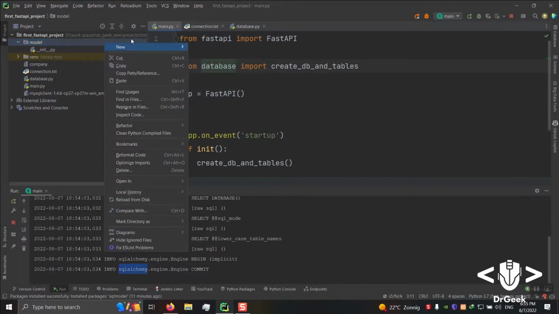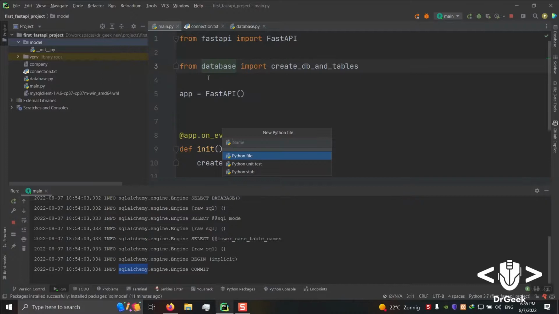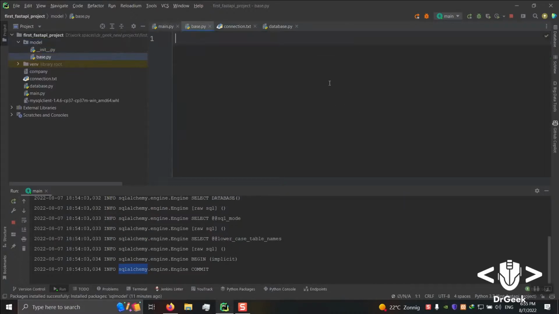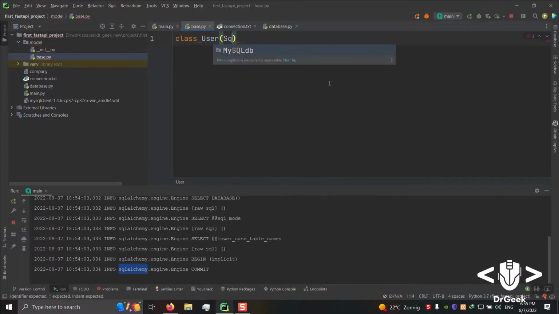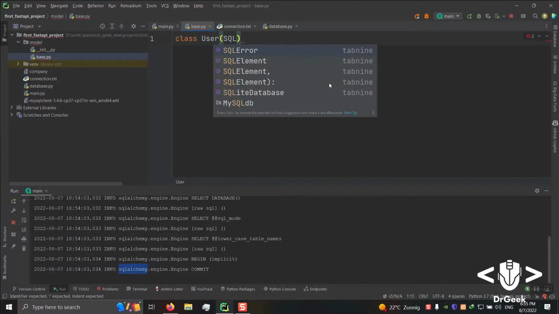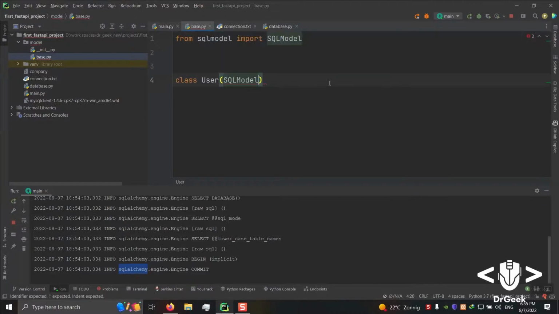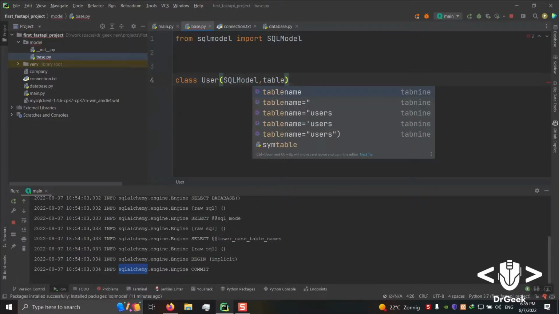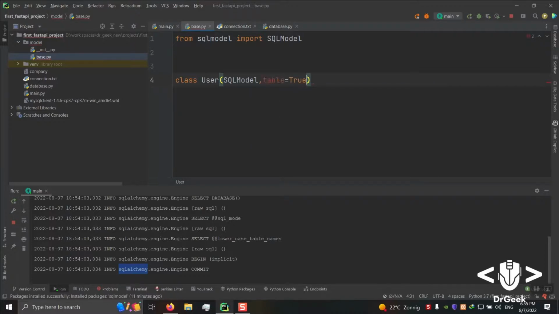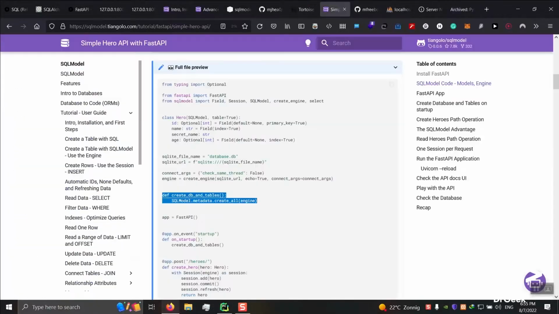Okay, and actually I'm going to build the basic models, and the main model we are going to use is going to be named User, based on SQLModel, and it automatically imported it. And I'm also going to set table to true.